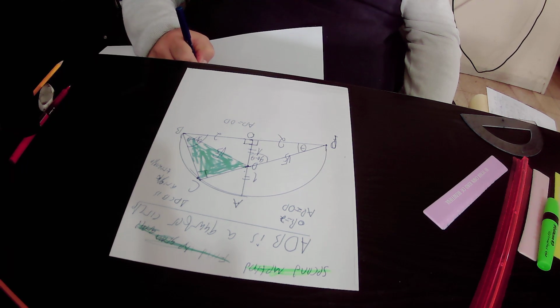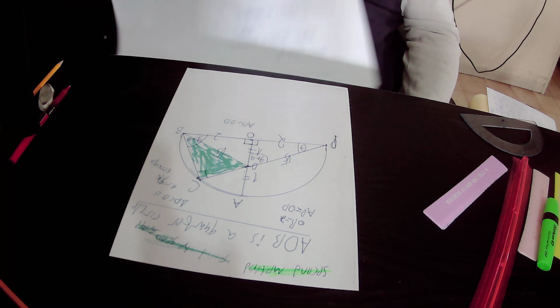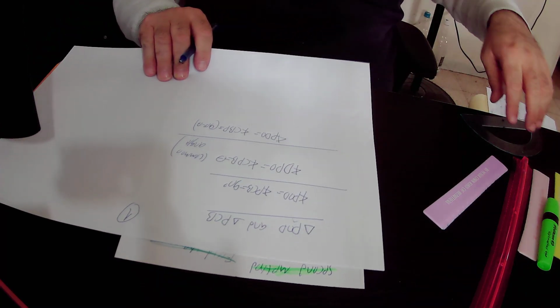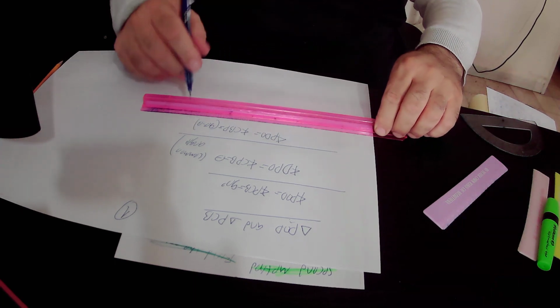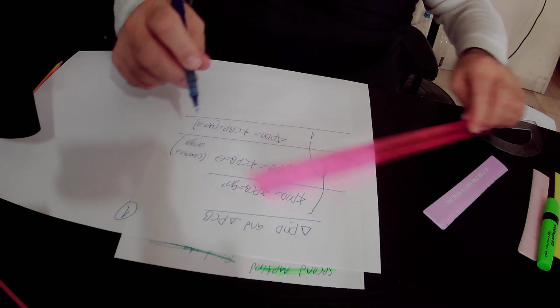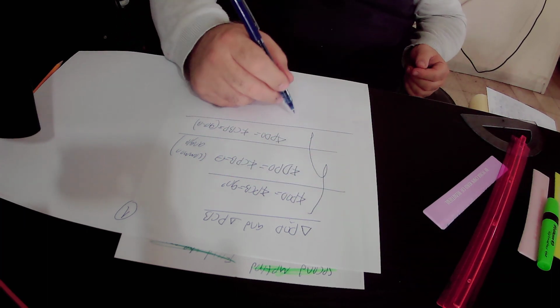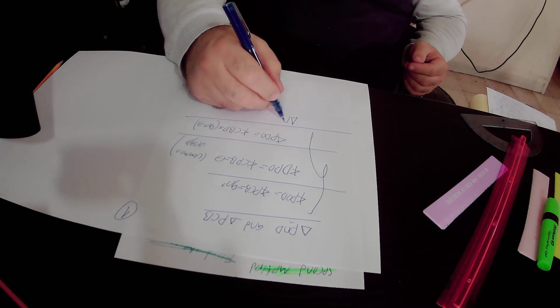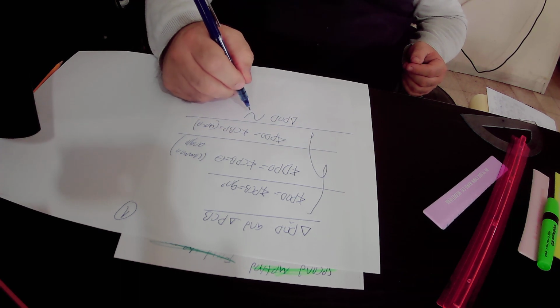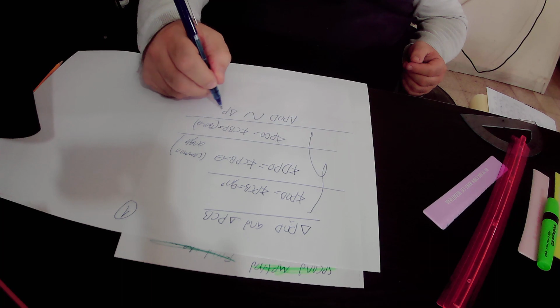I repeat again, angle PDO equals angle CBP, they are both equal to 90 degrees minus theta. So we found out that all three angles of the right triangle POD are equal to all three angles of the right triangle PCB, therefore triangle POD is similar to triangle PCB